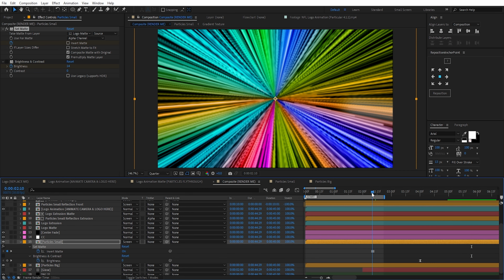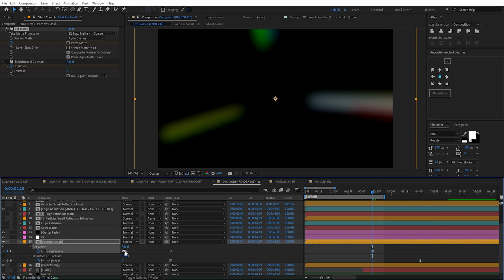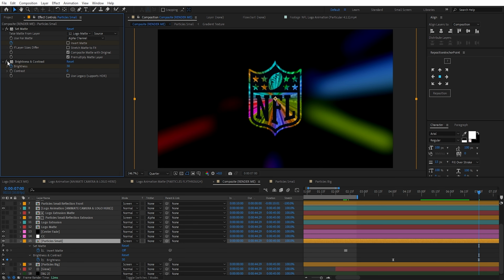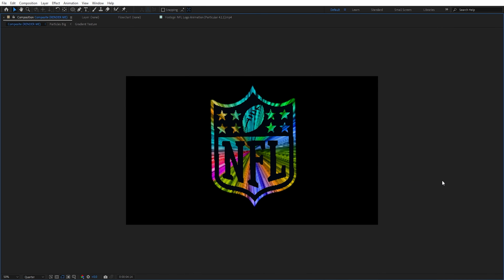contours, but I did have to animate the invert matte checkbox, so prior to the logo coming in, the matte is inverted and the particles are completely visible. I then added a brightness and contrast effect to both the particle layers, so they brighten up a bit as the logo settles in. Now let's take a look at how I set up the particles that fly through the